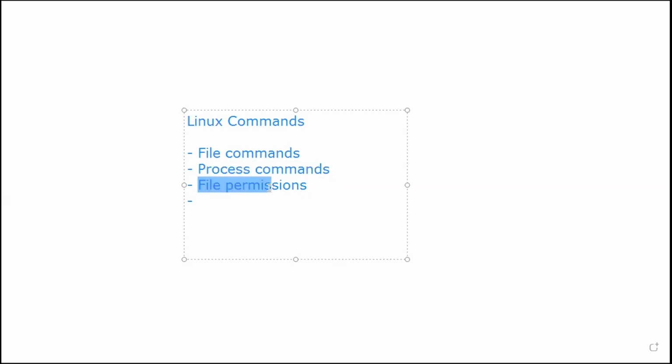Apart from that, there is another set of file permissions which we need to understand. If a specific user has permission to create, delete or update a file, then only can he perform the corresponding operation, right? If you don't have those permissions, you cannot perform anything on the file for a given user. So we need to learn how to assign a user a specific file permission. We will go through that when we go through the file permission commands.